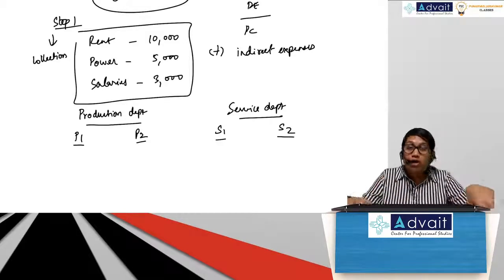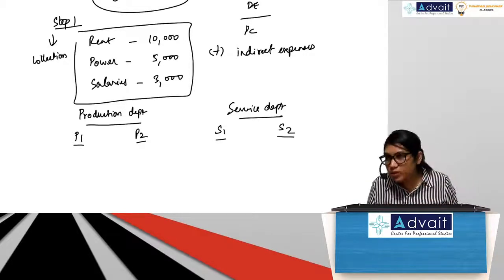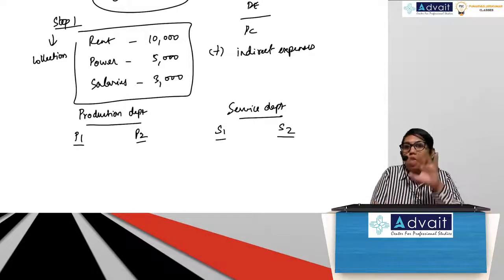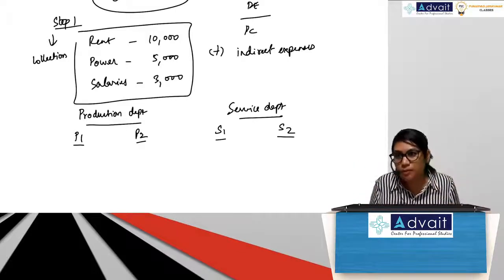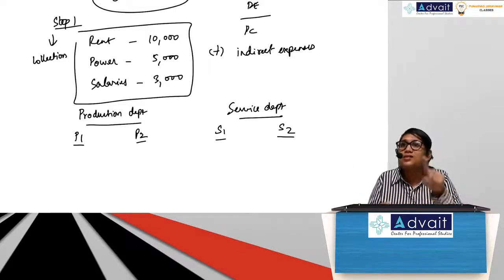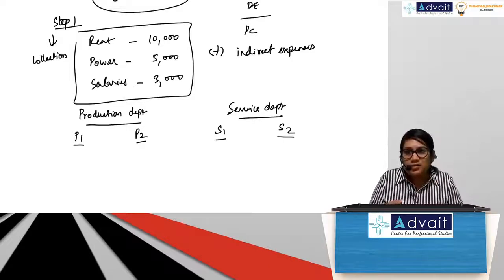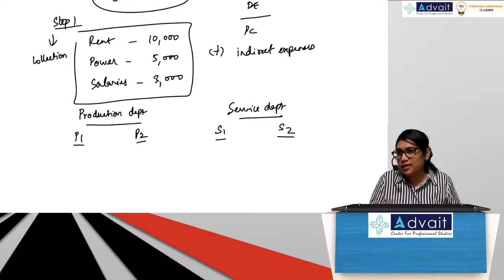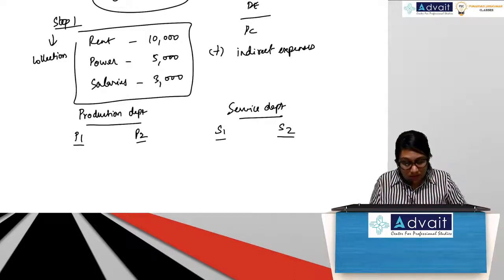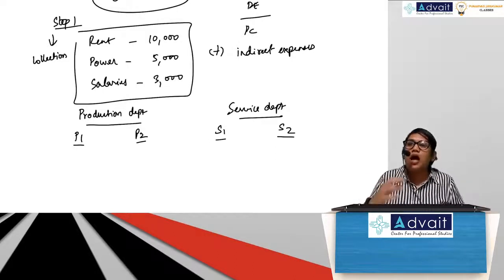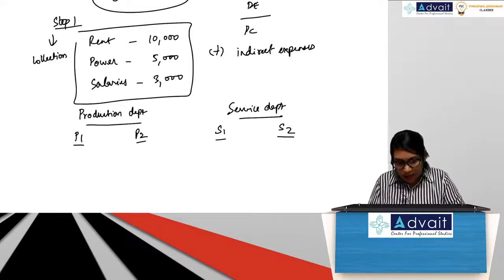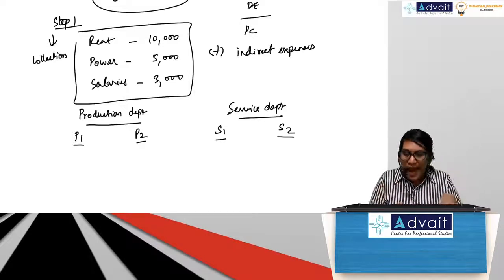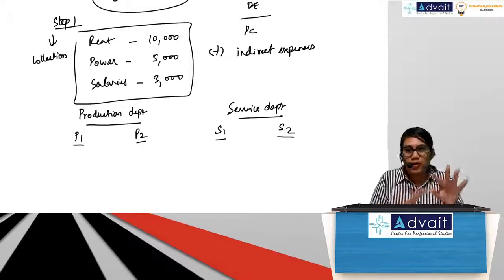But in order that the organization runs smoothly and the production department is only made to focus on production, we need other departments to support the production departments. Things like housekeeping, things like stores, things like maintenance, correct? Things like canteen. All of these are service departments. Your HR, your finance, correct? These are your service departments. So for simplicity's sake, I assume that I have 2 production departments where production is happening. My goods are going to pass from P1 to P2 and I have 2 service departments, S1 and S2.